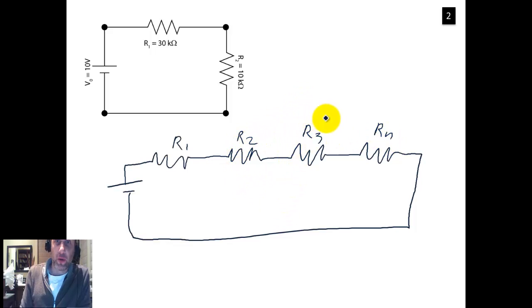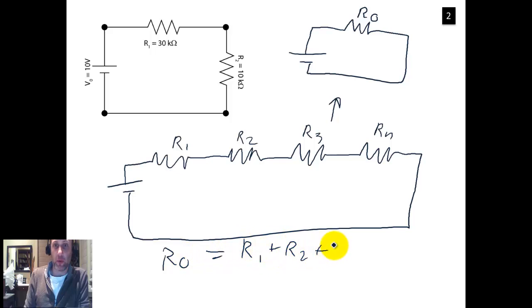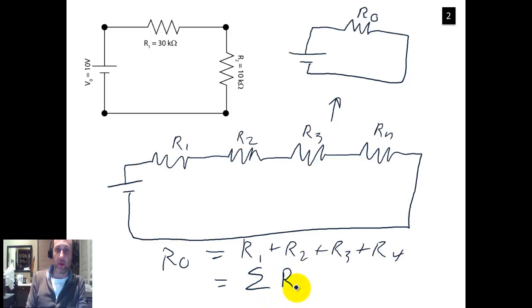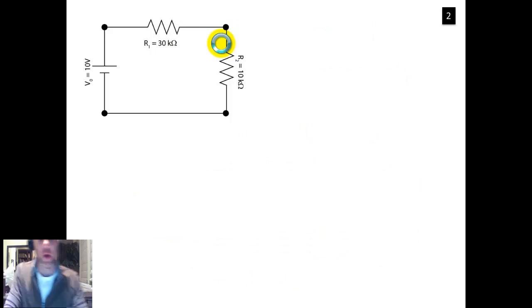You can treat this whole system as if it was your voltage source with, let's call it R0, where R0 equals R1 plus R2 plus R3 plus R4 in this case, just equals the summation of all the resistors. So keep that in mind if you have two resistors. We're also going to talk about how you can use this to get a voltage divider. So let's go back and